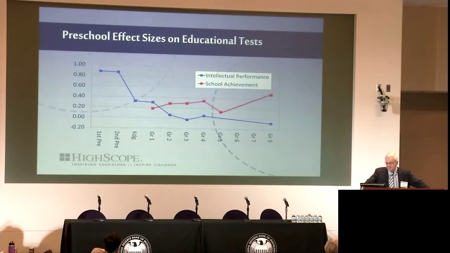But you'll notice that at second, third, and fourth grade, the achievement effects are stronger than the IQ effect. And then it dropped off at fifth grade, I think probably for test artifacts. And then the largest effect we ever got on achievement tests was not at first, second, third, fourth, or fifth grade. It was at eighth grade. It got stronger than ever. And there are a number of remarkable things about that, but it makes you think, well, okay, it's not IQ that's driving, at least not IQ gains that are driving that. It must be something else.